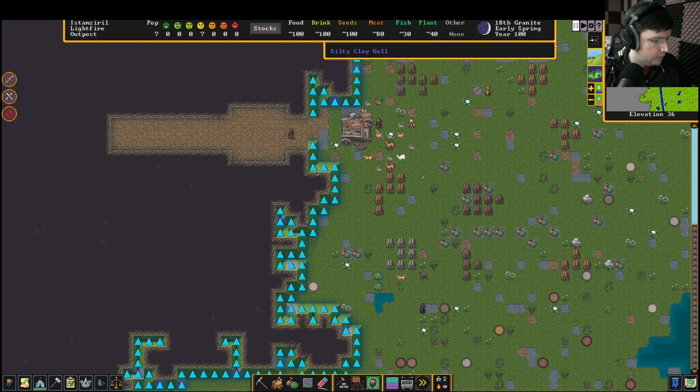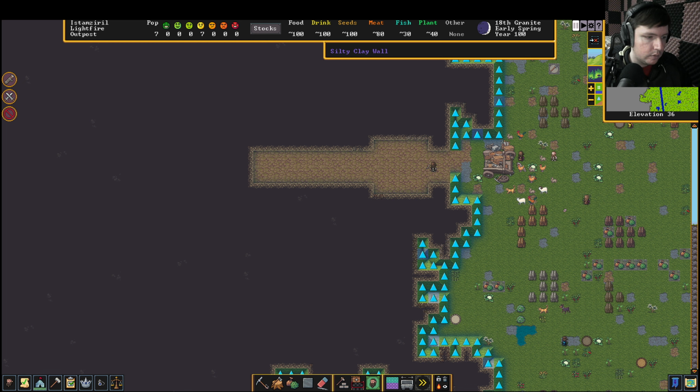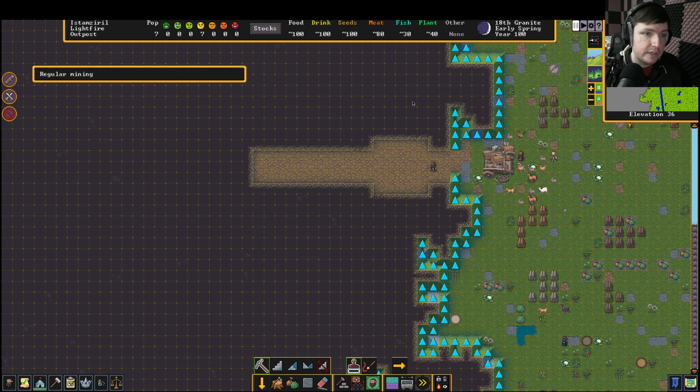Press the key. All right. The trade depot is 5x5, so that's why I did that. Now, let's start making some really large spaces to live in. What I'm going to do,